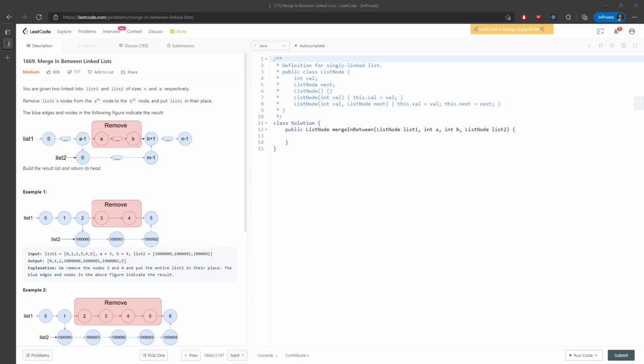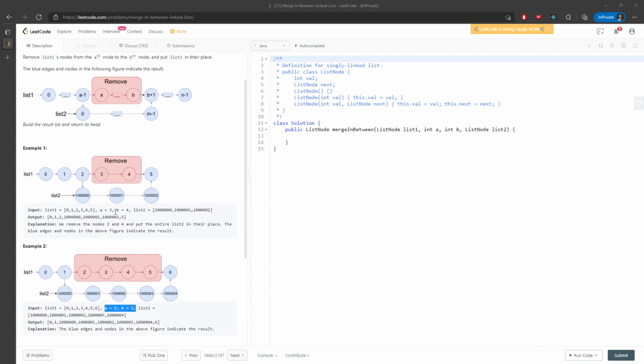Alright, let's talk about merging linked lists. You're given two linked lists, list 1 and list 2, and two integers, A and B. You have to remove list 1's nodes from node A to node B, and then put list 2 in their place. So basically, you are given A and B in this one, and then you have to remove those nodes,